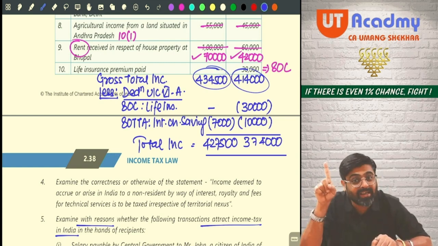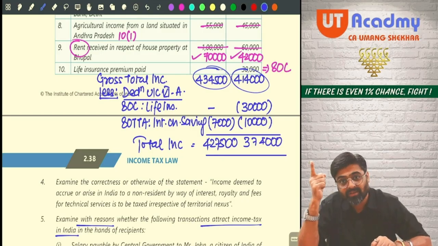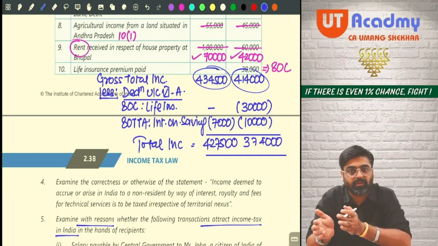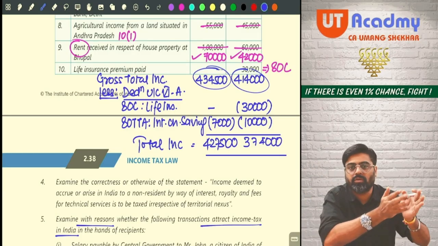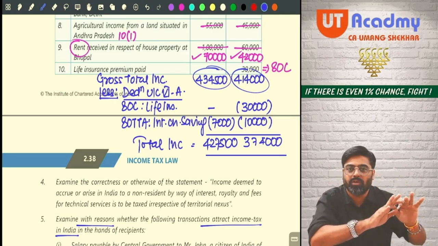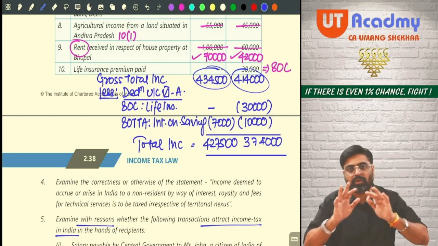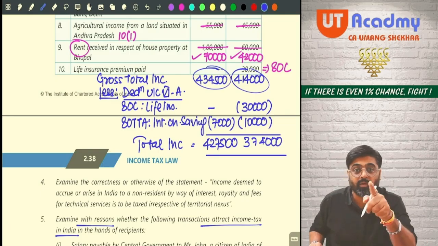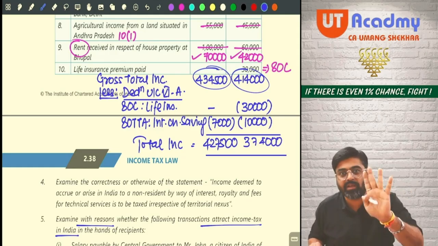There also the deduction will not be available. In that case, the standard deduction and everything will be okay. As and when we move with the chapters, I keep on telling you, see, we are doing this deduction, we are doing that. Wait, this deduction will not be available if you follow 115BAC. That time only I will tell you.